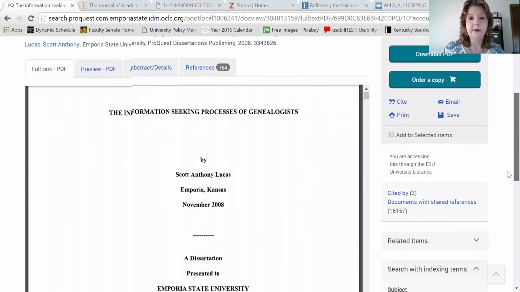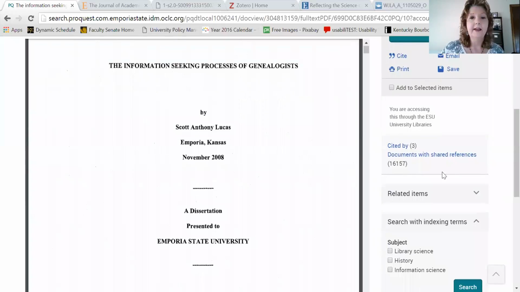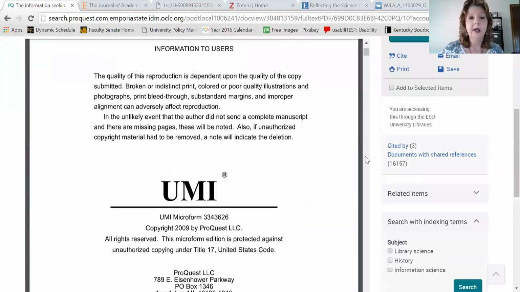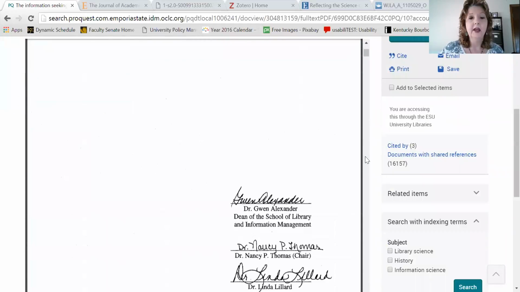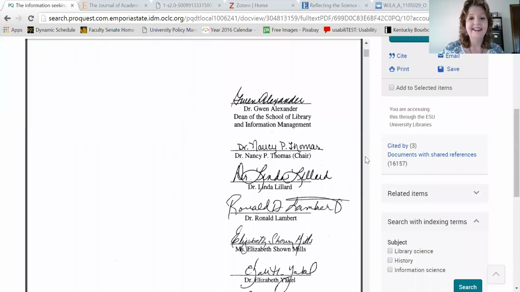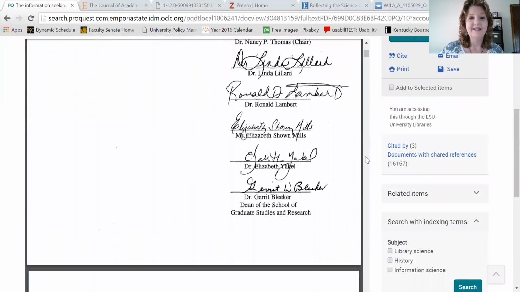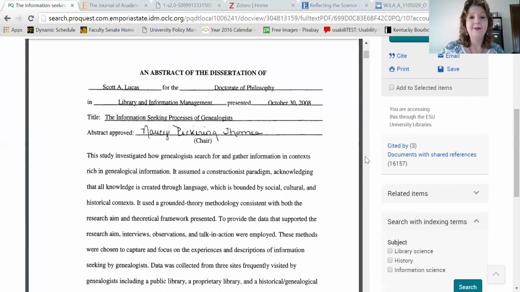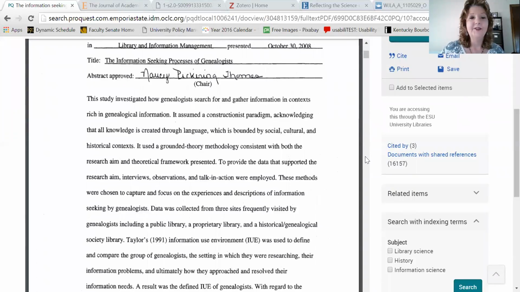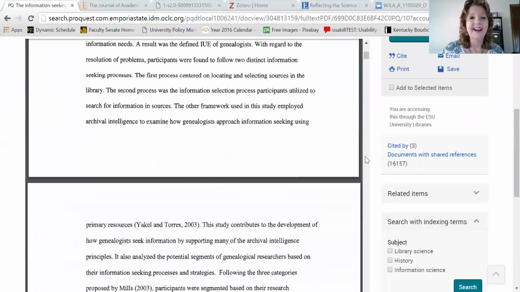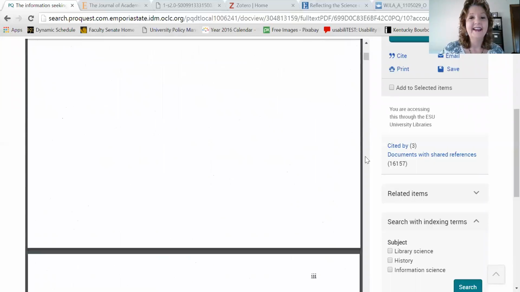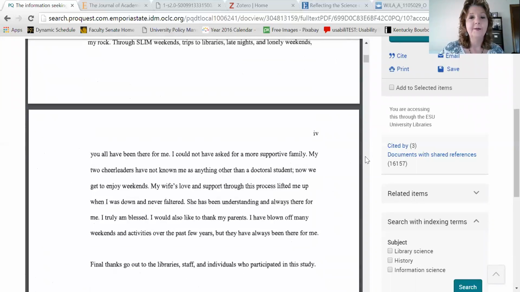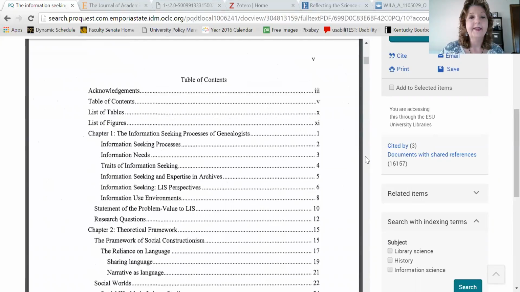As I mentioned, think about this. See how that looks? It gives you a good way of seeing the format. So you see we sign off on the dissertation. The abstract of the dissertation, this is something that you will be filing, believe it or not, in a few years. That will let you see here are the acknowledgements, table of contents,